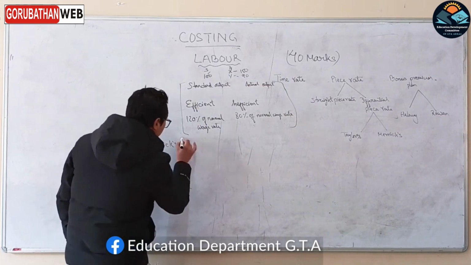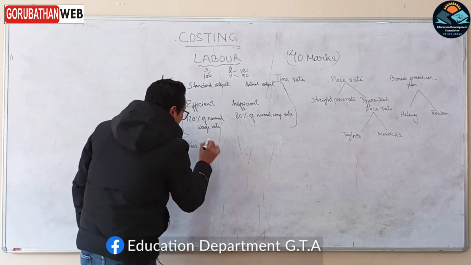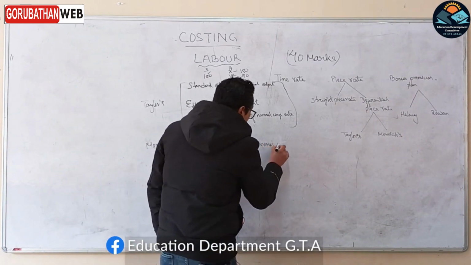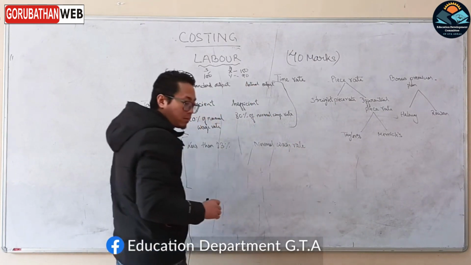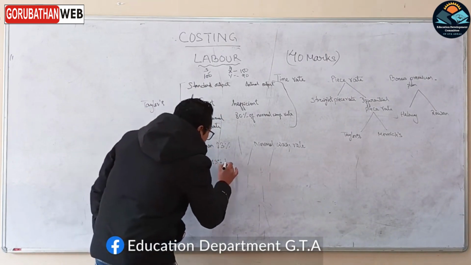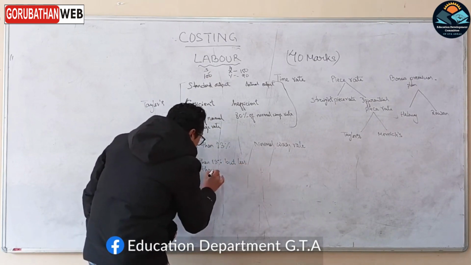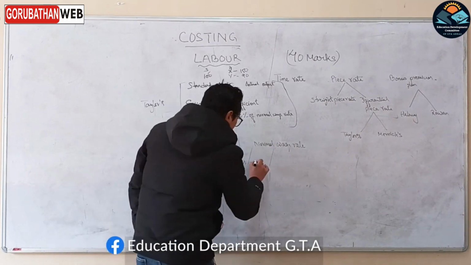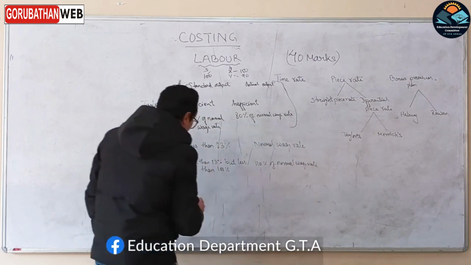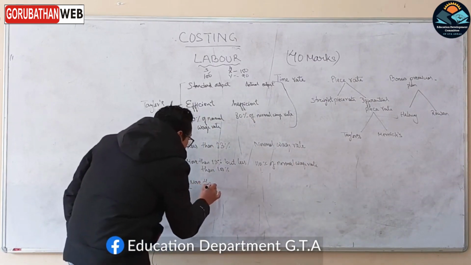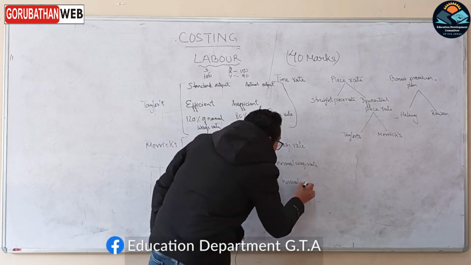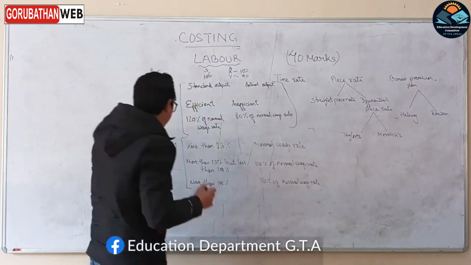अब मेरिक्सले चाहिँ के भनेको छ भन्दाखेरि, लेस देन 83% कसैले काम गर्यो भने उसले सिधै नर्मल वेज रेट पाउँछ। अब कसैले मोर देन 83% बट लेस देन 100% गर्दछ भने उसले 110% अफ नर्मल वेज रेट पाउँछ। कोही छ भने मोर देन 100% छ भने 120% अफ नर्मल वेज रेट पाउँछ, भन्दा यो मेरिक्सले कुरा गर्दछ।